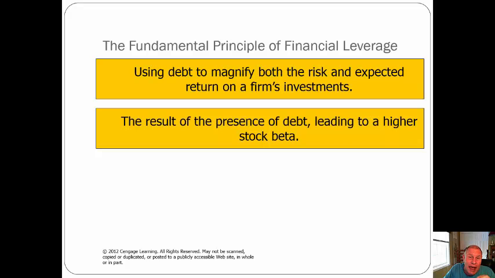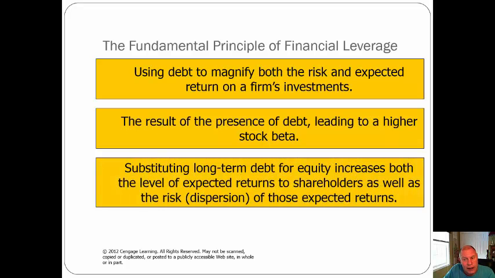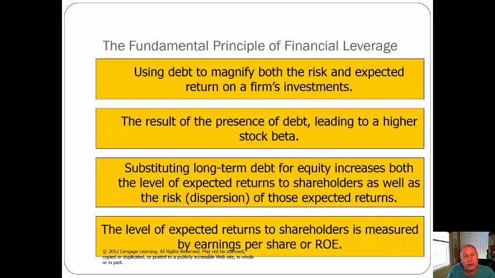The presence of debt leads to a higher stock beta that we talked about previously, so that if you have a lot more debt, the stock is going to be much more volatile compared to the markets. That's an important thing. And substituting long-term debt for equity increases both the level of expected returns from shareholders as well as the risk dispersion of those results. Now, the level of expected shareholders' returns is measured by earnings per share, or ROE. So that becomes another key point as we proceed to look at